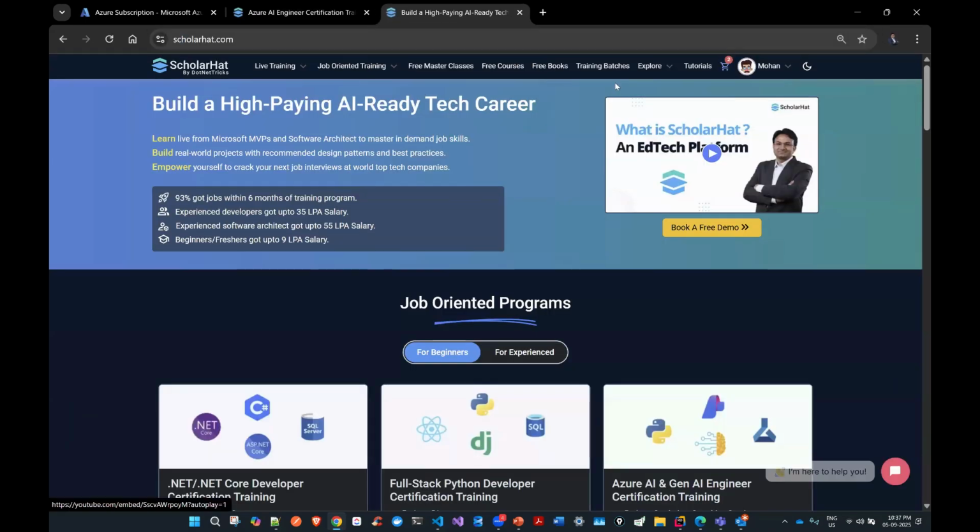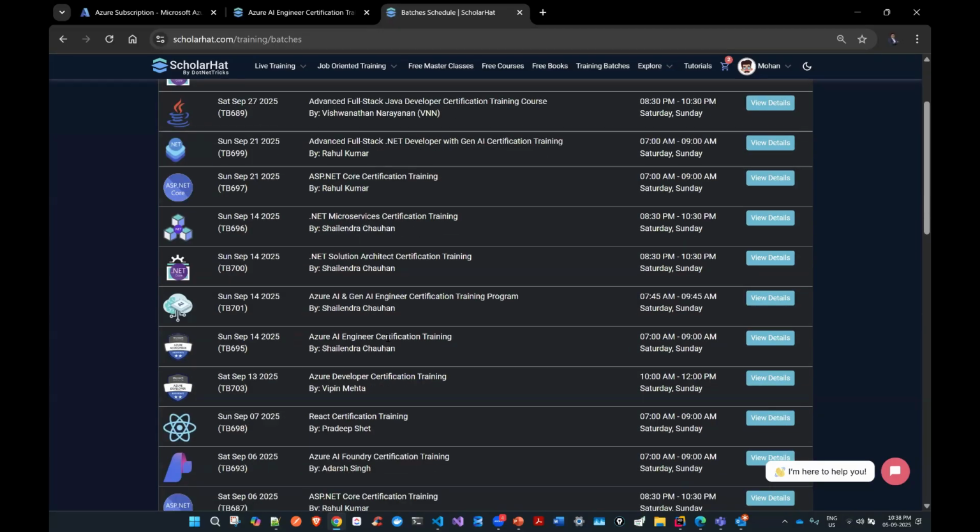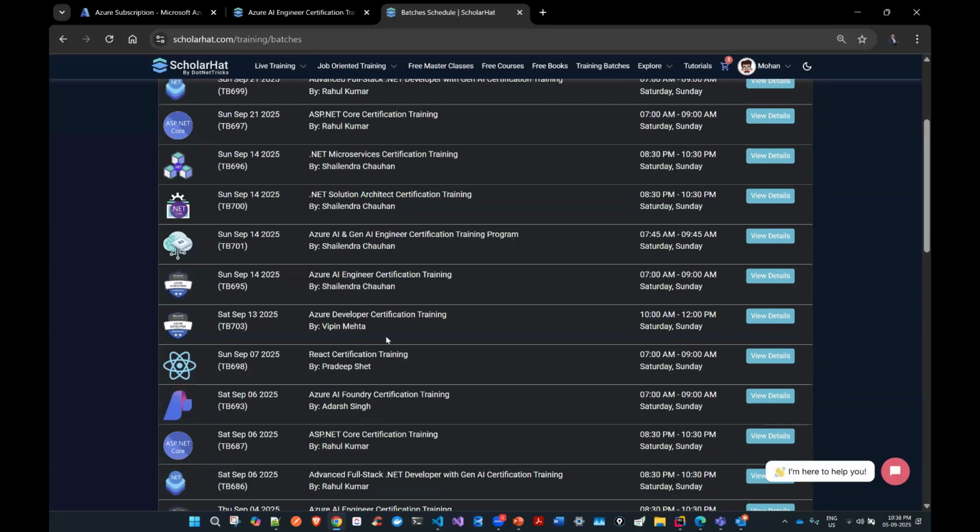If you're looking for a batch, we have batches on weekends as well as on weekdays. So you have two options. You can join the batch on weekends or on weekdays. We have an upcoming batch that is going to start from the 14th of September. The timing would be Saturday 7 a.m. to 9 a.m. It is a Saturday-Sunday weekend batch. We are going to start from 14th September.